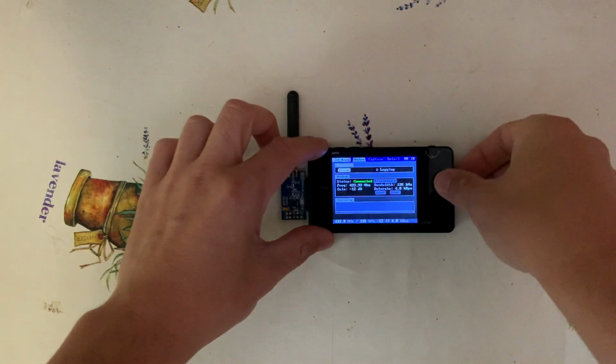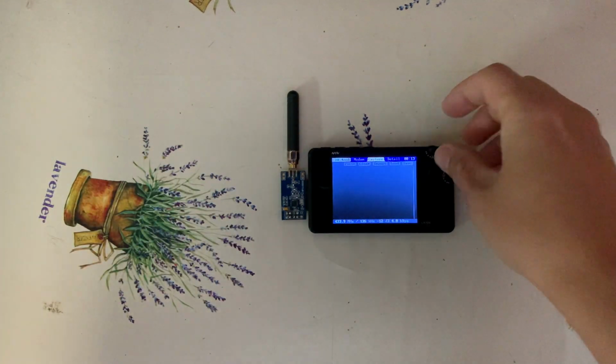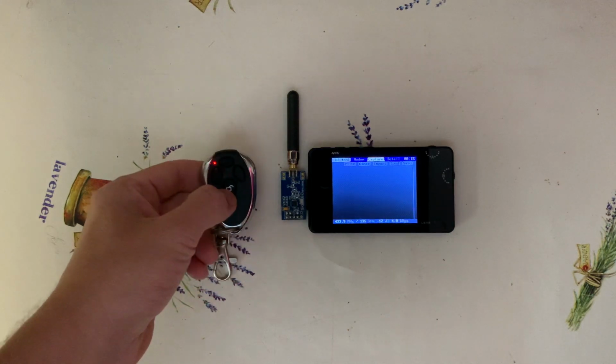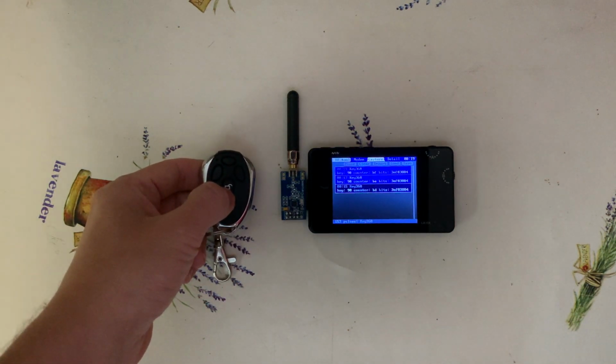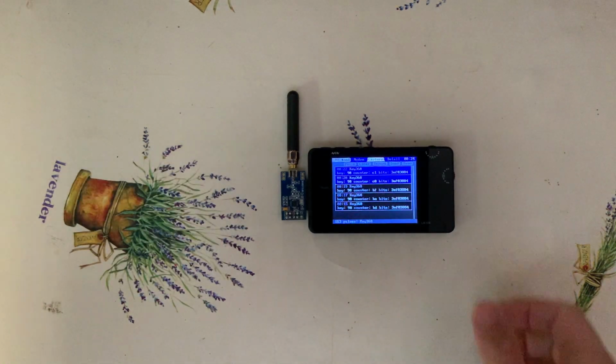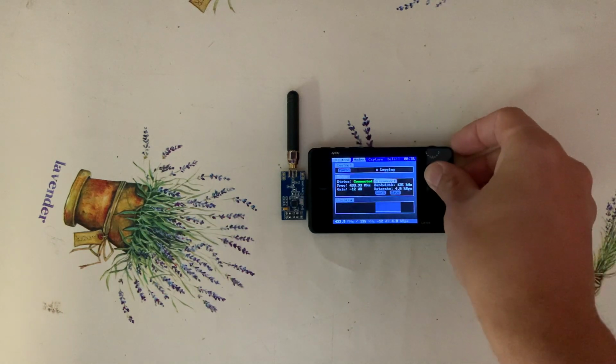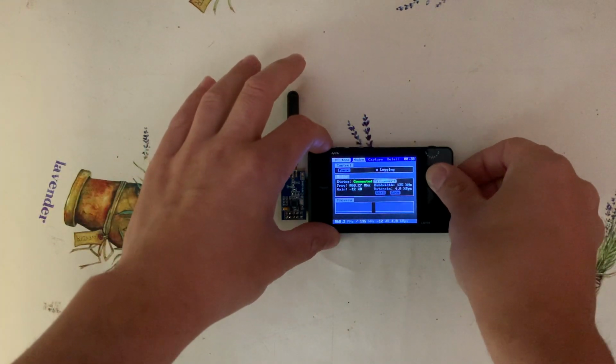We can use the same device with the same software for capturing radio signals from wireless keys and for investigating their security weaknesses. We can quickly differentiate between keys which are sending static codes, keys sending static codes with incrementing counter, and keys with rolling code which send different code every time.